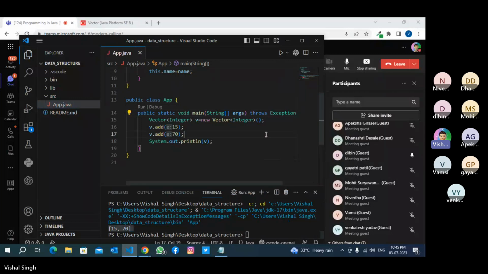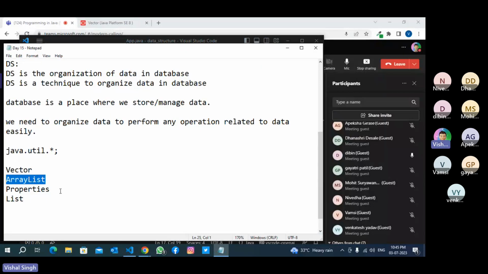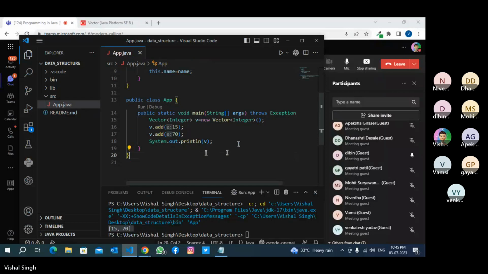See, you cannot write primitive data types because vector, array list, like we are discussing vector, so let's discuss this. Vector only accepts objects here. If you want to store 15, 15 is here an object. Okay, you can also store like this.